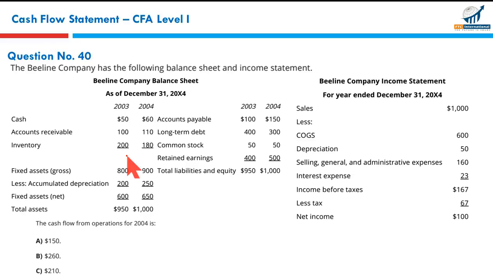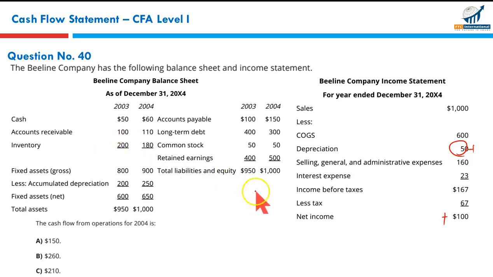Next, the cash flow from operations. Net income is given. We should make certain adjustments. What adjustments? We need to add back depreciation. Is there any gain or loss? There is nothing else. So you take your net income and add your depreciation. I don't think there is anything else, gain or loss. Then you come to this side.